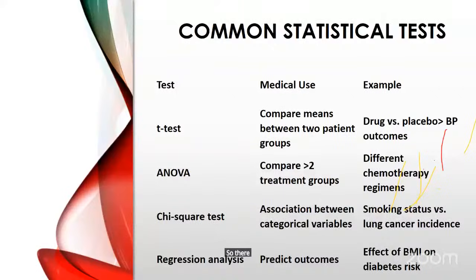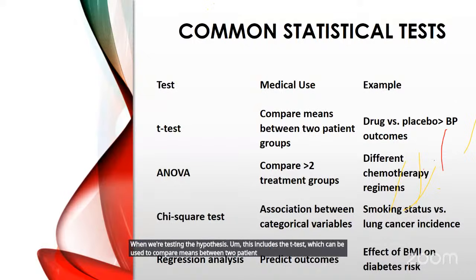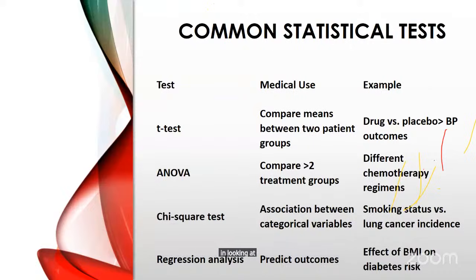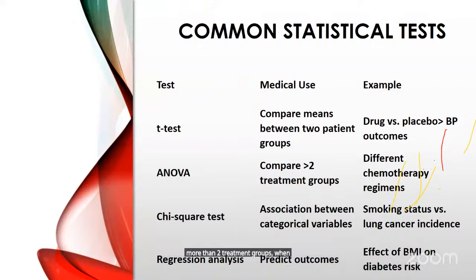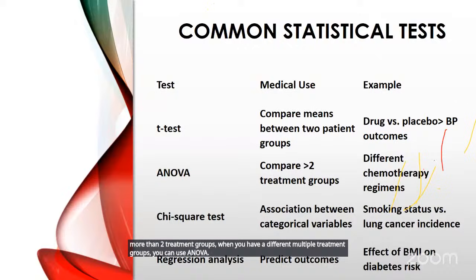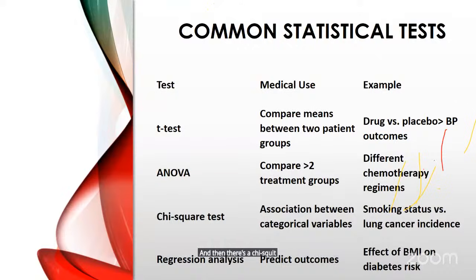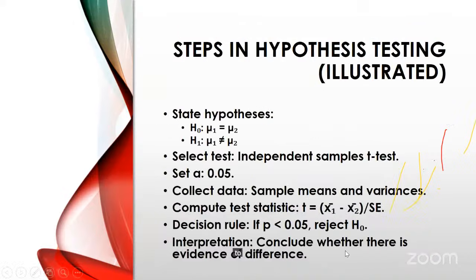So there are some common statistical tests that can be used when we're testing the hypothesis. This includes the t-test, which can be used to compare means between two patient groups, for example, if you are comparing a particular drug against placebo in looking at blood pressure outcomes. And then there's also analysis of variance, ANOVA. This can be used to compare more than two treatment groups. When you have multiple treatment groups, you can use ANOVA. And then there's a chi-square test, which is used to test association between categorical variables, while regression analysis can be done to compare